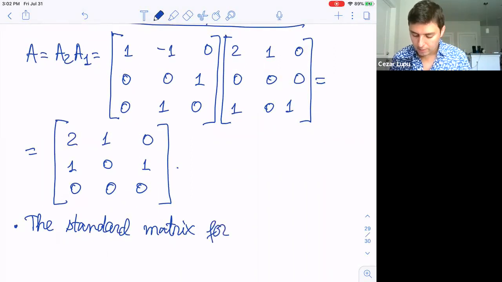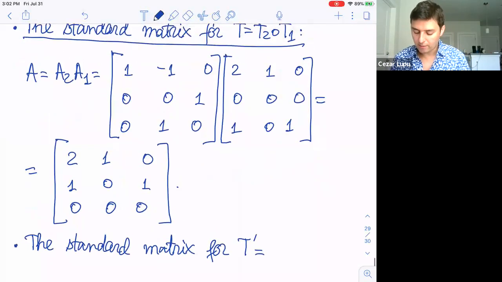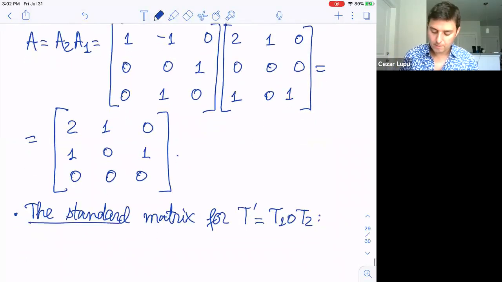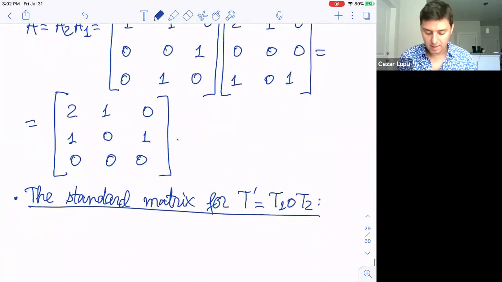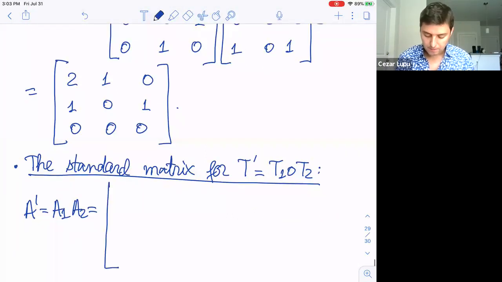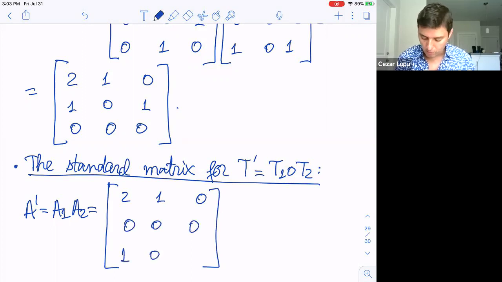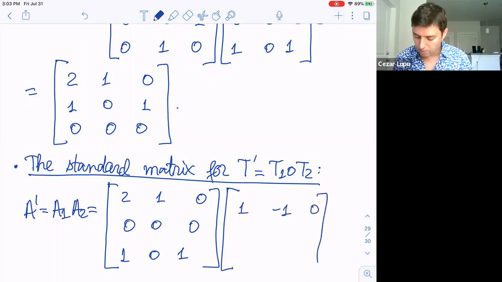for this composition, this time we'll have T1 composed with T2. It will be what? Again, let's write the matrix. This time it will be A1, A2, which is 2, 1, 0, 0, 0, 0, 1, 0, 1. And we're going to multiply this by 1, negative 1, 0, 0, 0, 1, 0, 1, 0, which will be